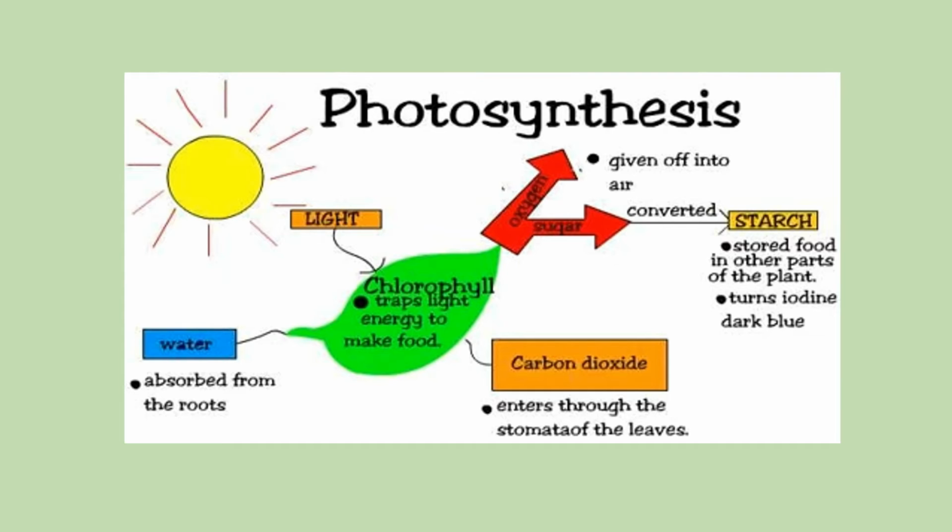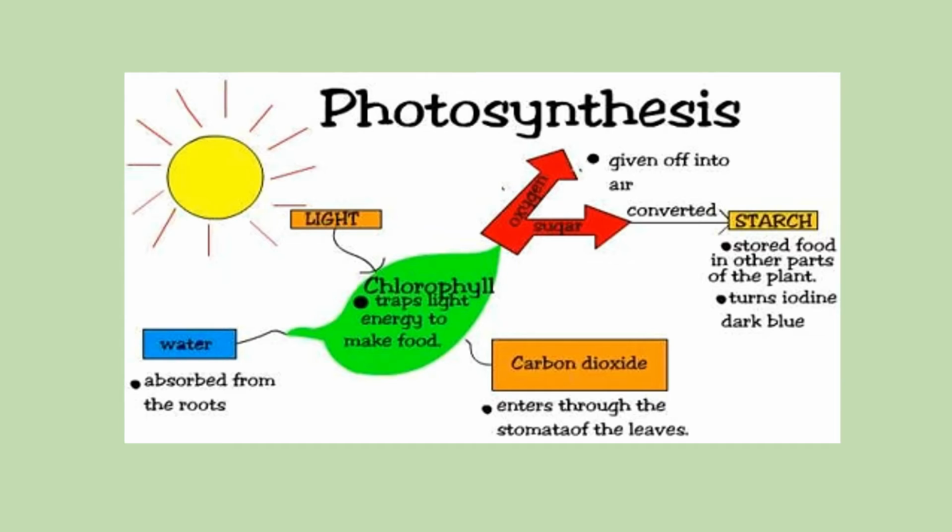So water's coming from the roots up the stems into the leaves. Carbon dioxide enters through the stomata of the leaf, and obviously chlorophyll traps the light in the chloroplasts, and then that's energy to make sugars, make food. It releases oxygen. Now, some of that oxygen is released into the air, but some of it could be used